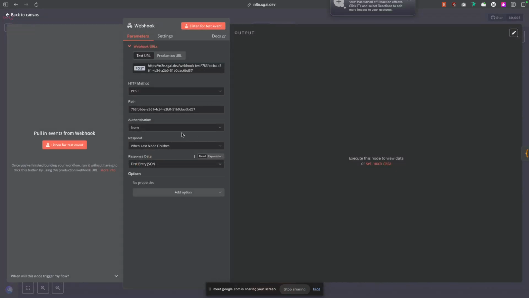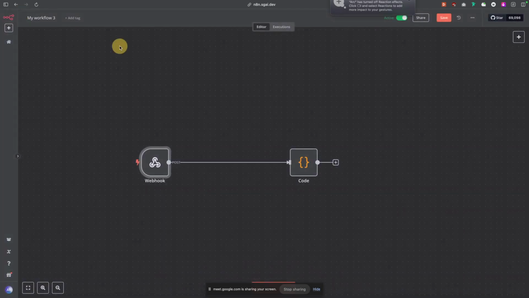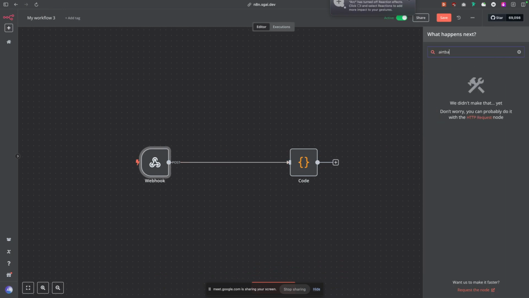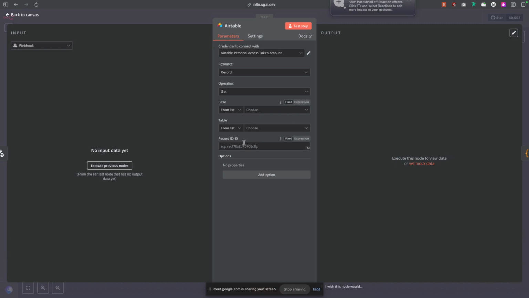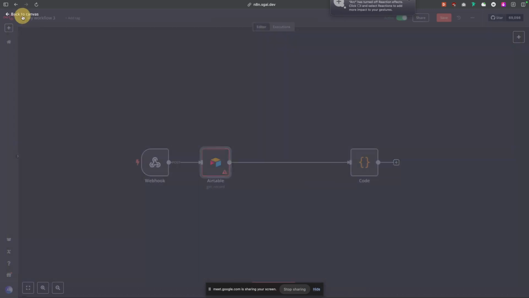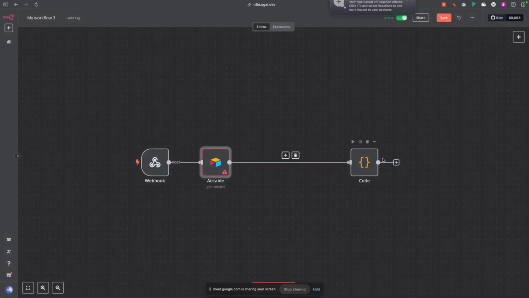So I received, okay, so I already called it, right? I got the phone number. All I got to do is add a node here. I'm going to search Airtable. Right? So I'm going to do a little Airtable. Perfect. I want to get a record. Obviously, I don't have Airtable. I want to search for that record, get whatever information I want from that record, and then send it back